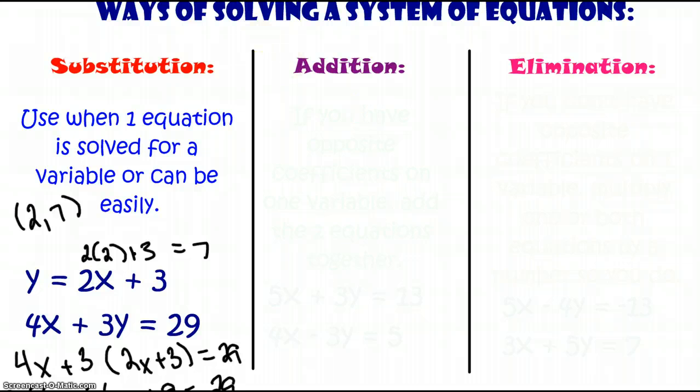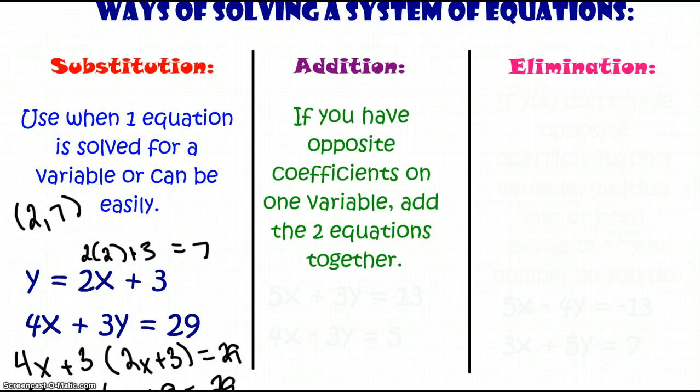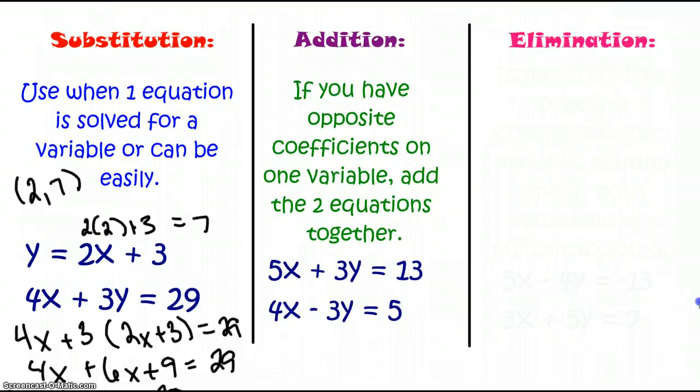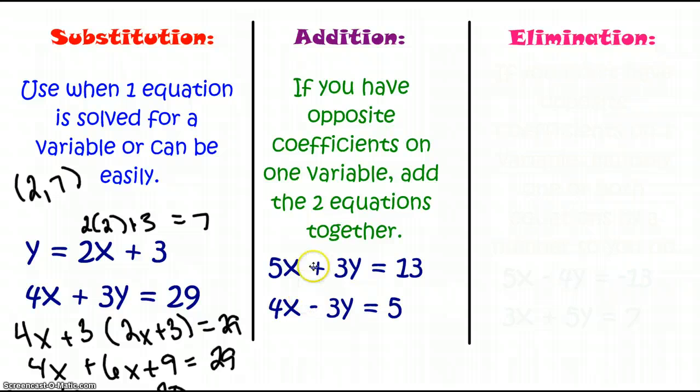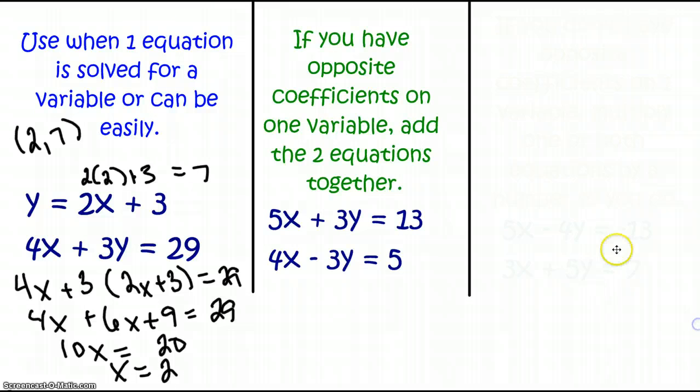Our second method that we can use is what's called addition. What you want to look for to use addition or subtraction is if we have the same coefficients on one of our variables, or we actually want them to be opposite coefficients. If we look at our two equations, on this first one we have a positive 3y, and on the other one we have a negative 3y. So if we take those two equations and we literally add them together,